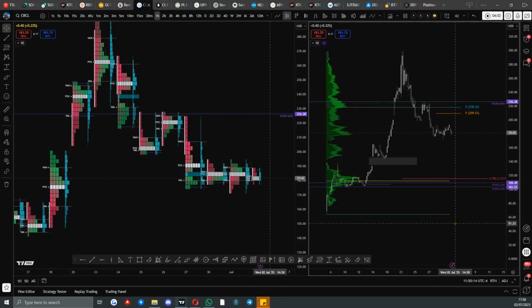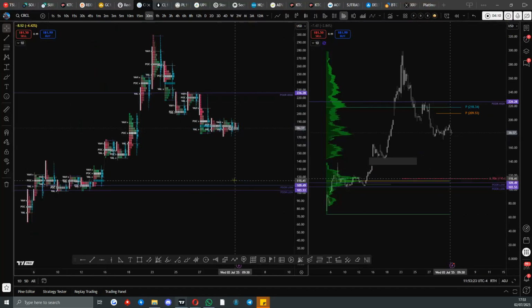So the TPO chart, as you can see on the left, you'll see down here where it says poor low. The reason for that is this basically means that when price was coming down and there was an auction taking place between buying and selling, it was incomplete. So this is basically where the market participants at the time didn't agree on a price. And this tends to occur when the trend either loses momentum or when one side of the market runs out of steam, essentially. So what that means when we see this on the TPO chart, as you can see, I've also got it here on the regular chart, is